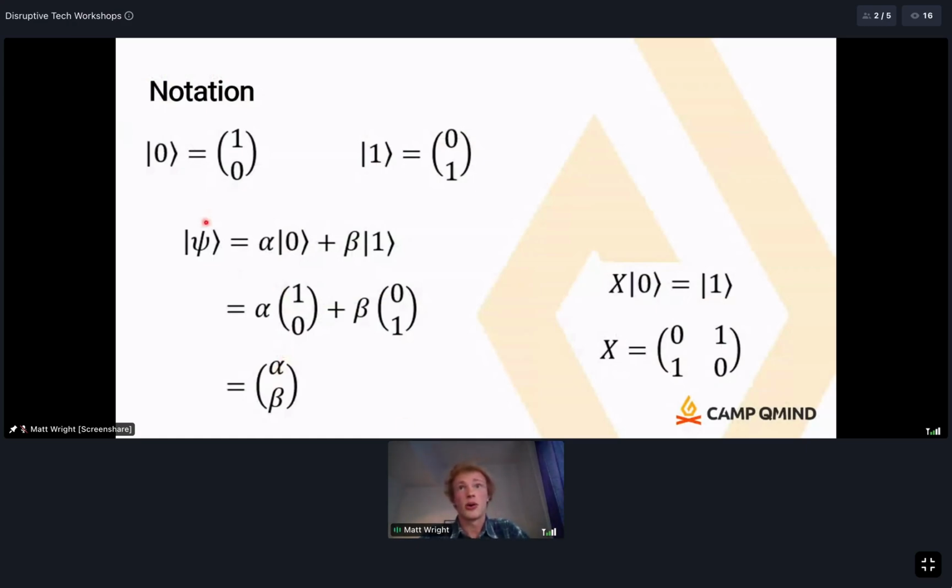But notation. As I said, qubits are vectors, and we represent their state as such. You can see here, this is the zero state in these funny little brackets. It's Dirac notation, but they're just vectors. This is what a 0 looks like, and this is what a 1 looks like. If you remember from linear algebra, these two vectors form a basis. So any generic qubit state that you want can be formed as a combination of these two. That's where superposition comes from.